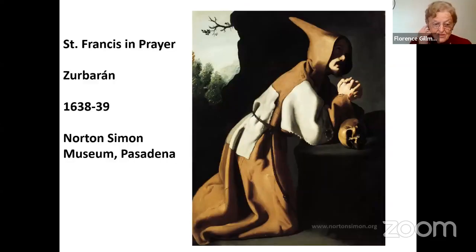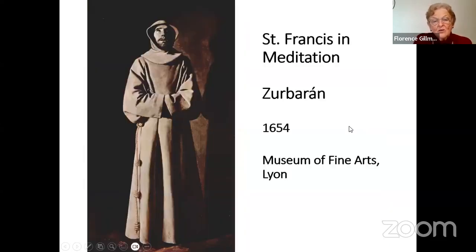Okay, this one is next chronologically of the ones I'm showing today. This one's not too far from us, so in Pasadena. And here you see also, again, a patched robe, capuchin hood. And also you see the artist wants you to see that it is frayed and wearing, falling apart. Again, memento mori over here. So this one is actually titled St. Francis in Meditation. And this one in Lyon,